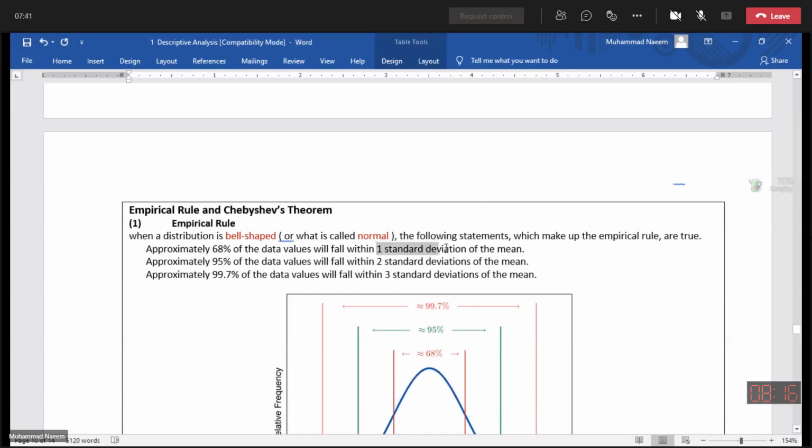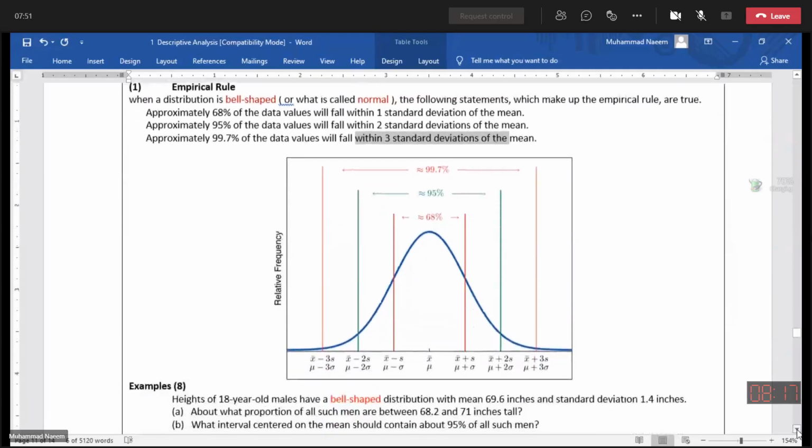So what is the meaning of one standard deviation of the mean, two standard deviations of the mean, and three standard deviations of the mean? Actually, in nature, all the things cluster about the mean value. Even in the manufacturing process, in construction, we put certain criteria,